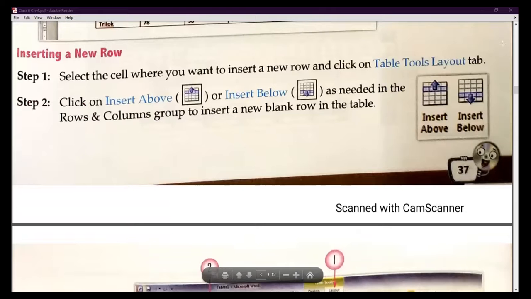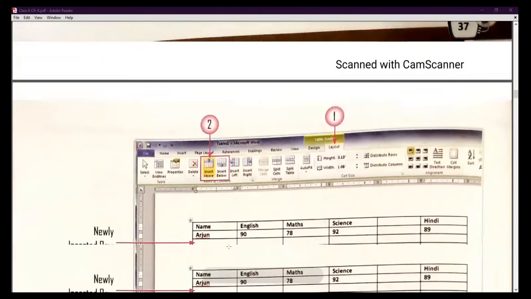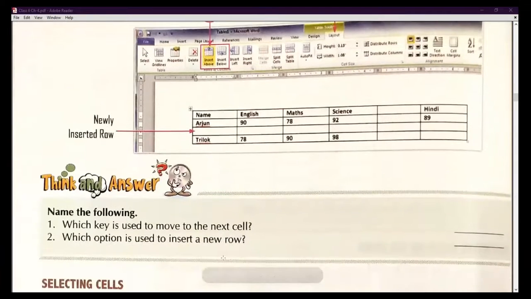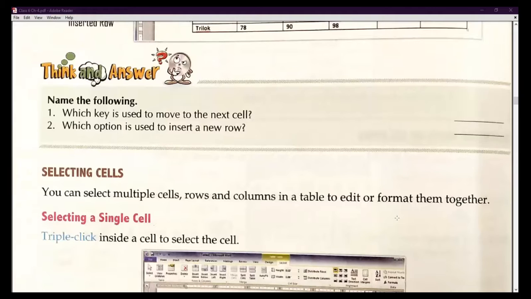So yes, you can do it according to your need. Okay, here you can see. So I think this is enough for today's class and we have studied how we can create a table, how we can insert its values, how we can insert a new row, and how we can insert a new column to the left or right, or insert a new row from the bottom or top.